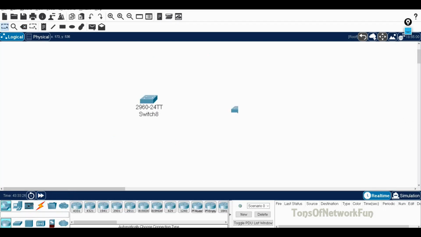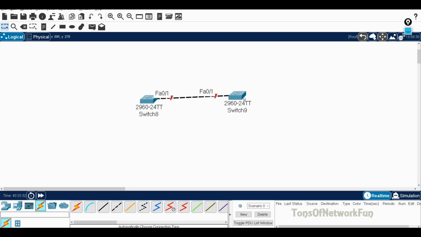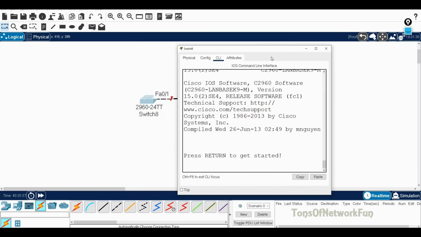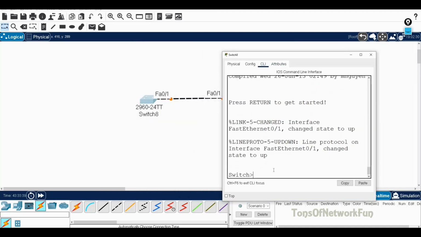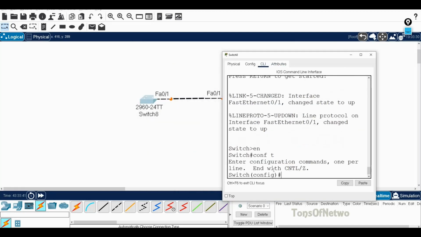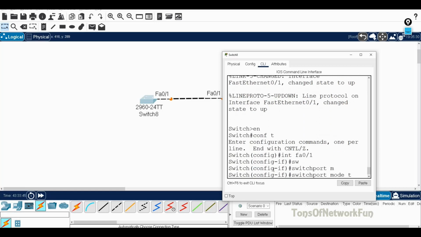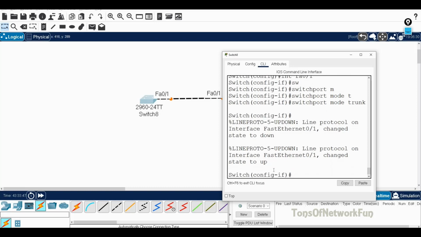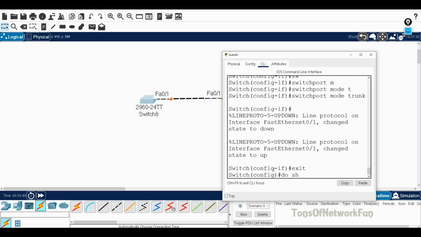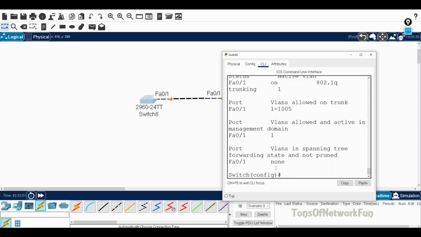and we'll make this port trunk. So let me connect this. I'm going to make this port FA0/1 a trunk port so that we can better understand this. Configure terminal, interface FA0/1, switchport mode trunk. Okay, do show interface trunk,